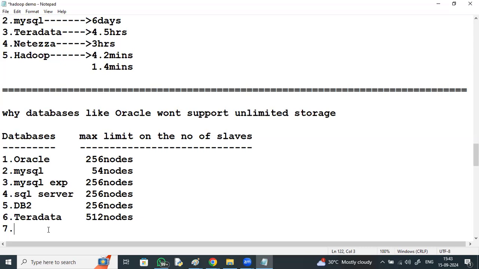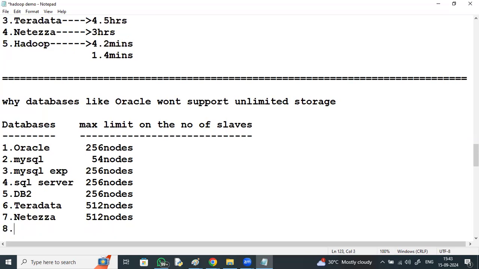Even Netezza, another specialized database used for data warehouse, goes with 512 nodes, and Vertica is also going with 512 nodes.